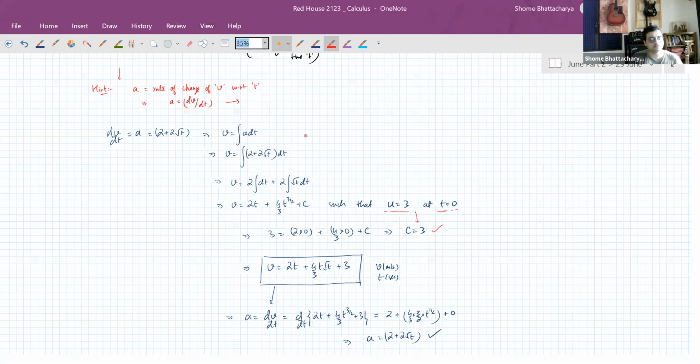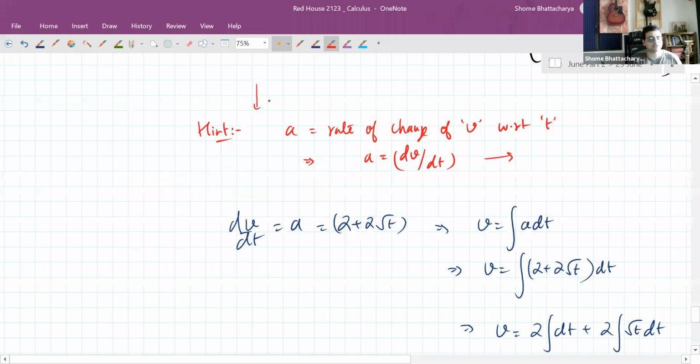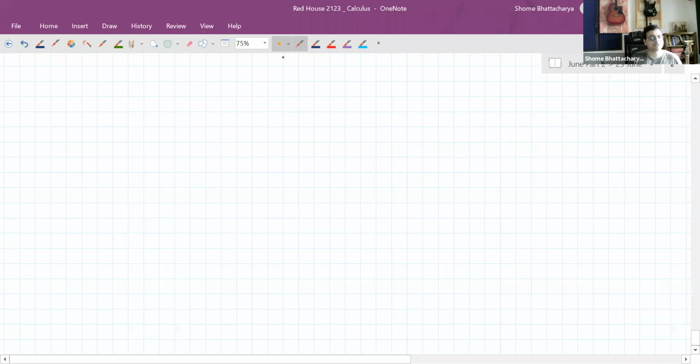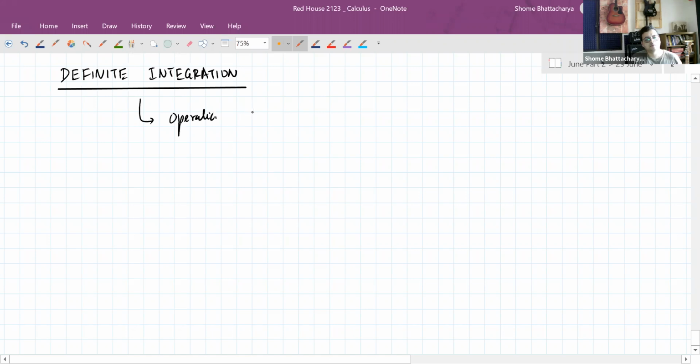Now with this we come to the, so that was about indefinite integration. Now we'll also take an introduction into the second type of integration today, the second operation in integration, which is called definite integration. So indefinite integration was an operation that gave us antiderivative. Definite integration is an operation that gives us a different situation. Okay, it is an operation used to calculate